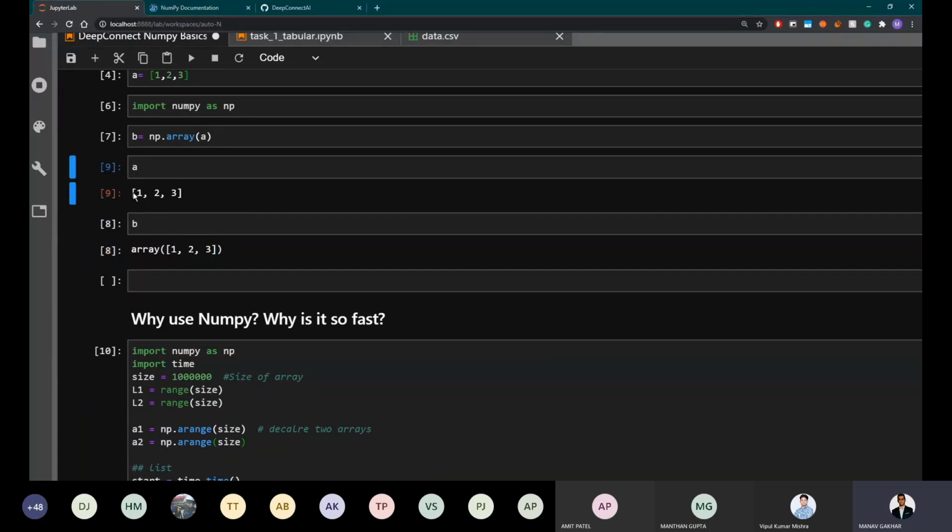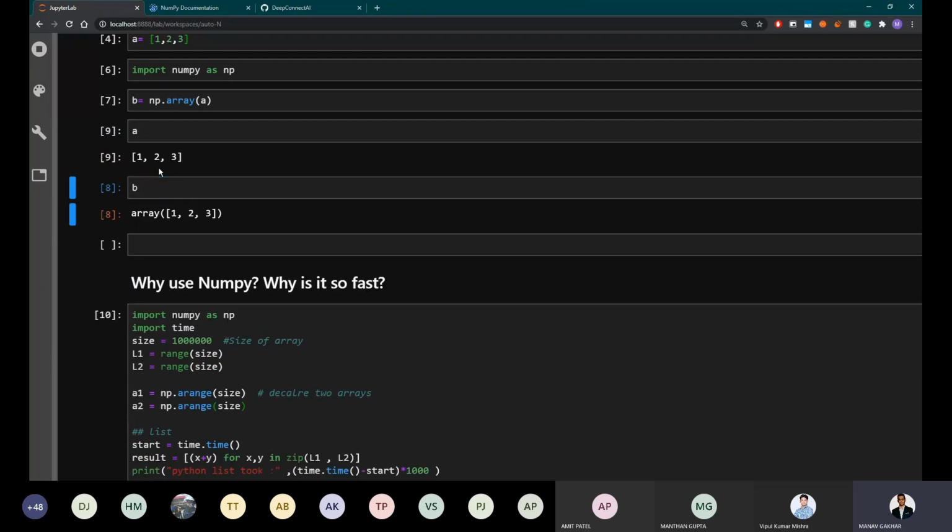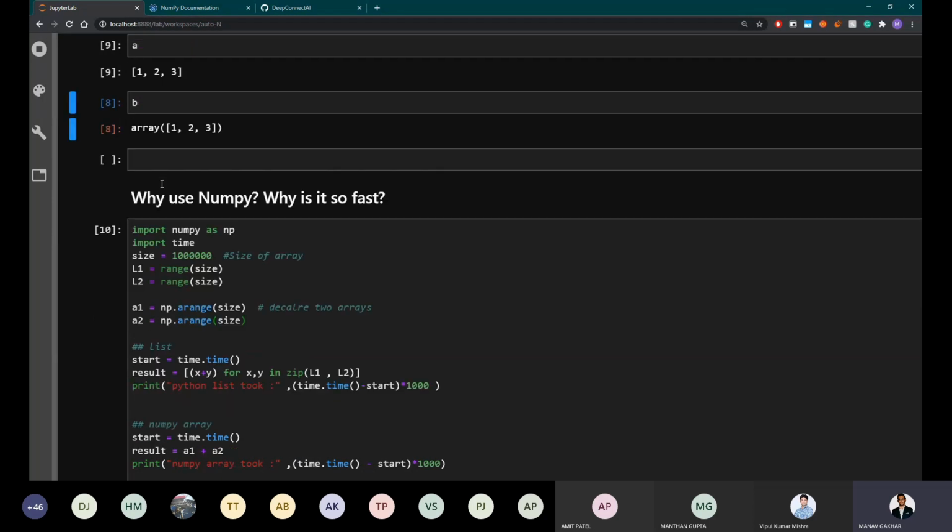But the Python array meanwhile stores references to objects. You can store anything in a Python array, an int and a string and literally anything. It can be non-homogeneous. So that's why it stores the reference to an object, and then Python tries to interpret whether this is a string or this is an int. So it takes time to do that. NumPy doesn't take time to do that, so it's faster.